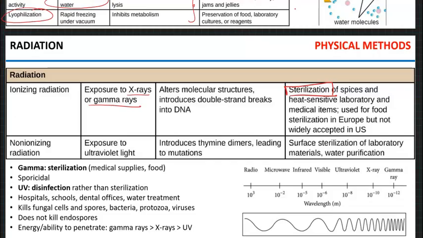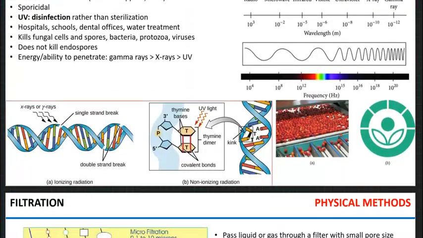You have a conveyor belt. There's the chamber that the material, whatever things go through, and then there's a source of gamma radiation that constantly radiates them, so they receive the dose and they sterilize. This is how lab plastic is being sterilized. Okay? Gamma ray treatment is also used to treat fruits and vegetables. This is the label for radiation treated